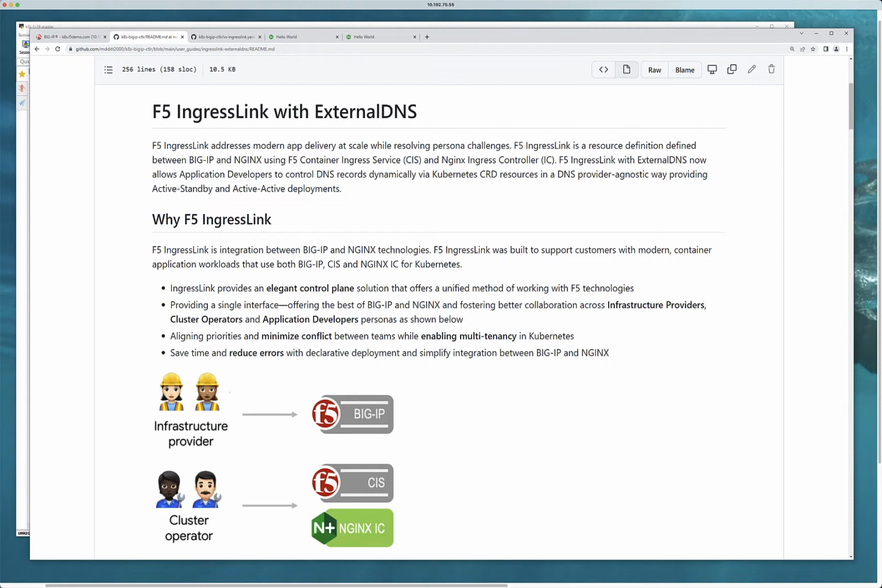But what's really cool about this video is the new features that have been added to the F5 IngressLink solution. And we're going to get into some of these new features. We're also going to talk a little bit about why